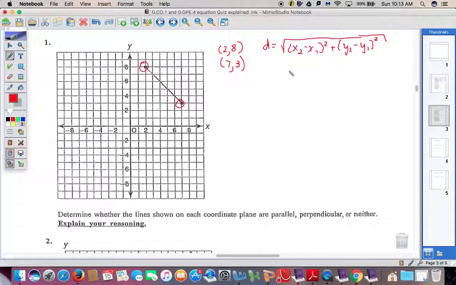Okay, x2 minus x1, I'm going to substitute my numbers in here. Again, it doesn't matter what I call what. So if this is my x1, y1, then this would be my x2, y2. So I have my distance is equal to